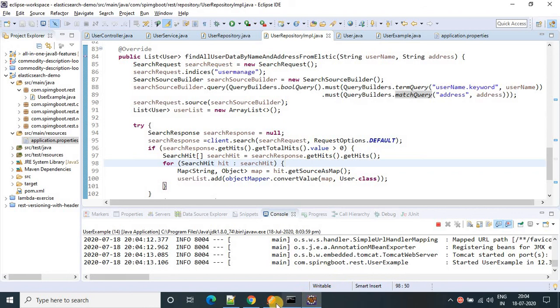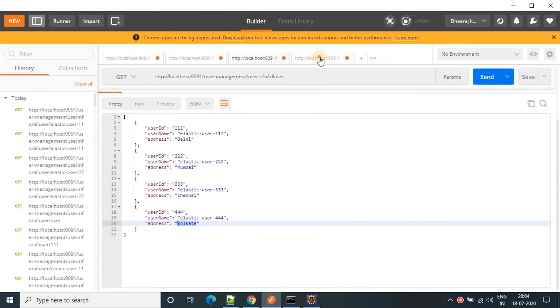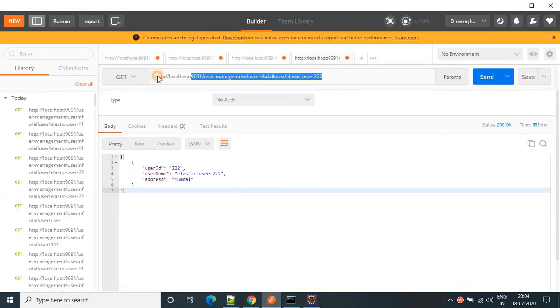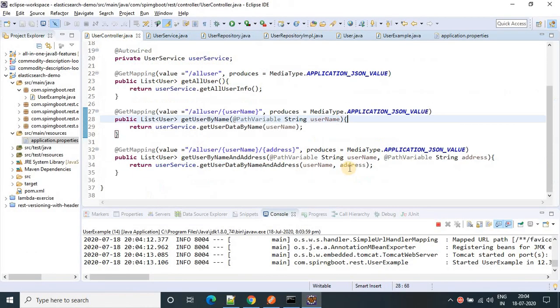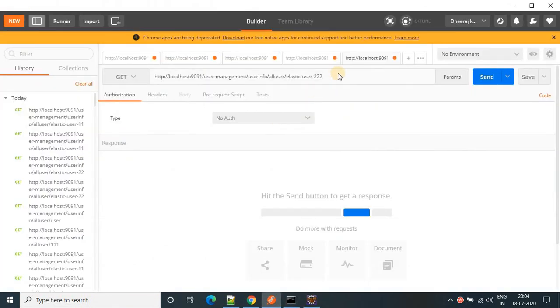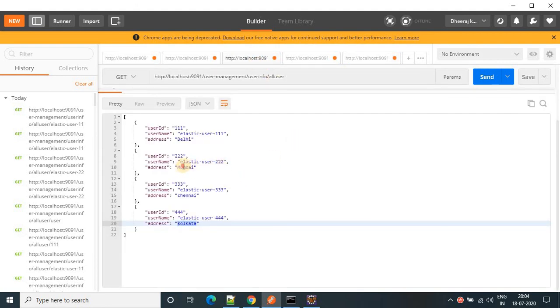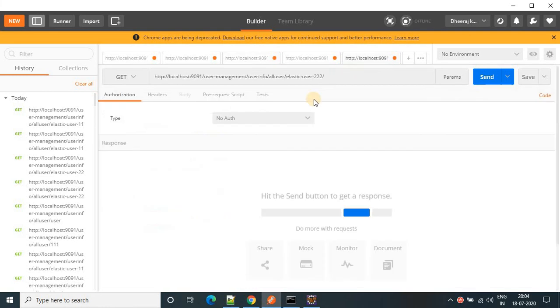It got started. Now copy this one and we'll search for both name and address. What is the endpoint? What is the request mapping? In the request mapping, we have username and address. Now provide the address here. Suppose the address of 222 is Mumbai. I want to search 222 and Mumbai.